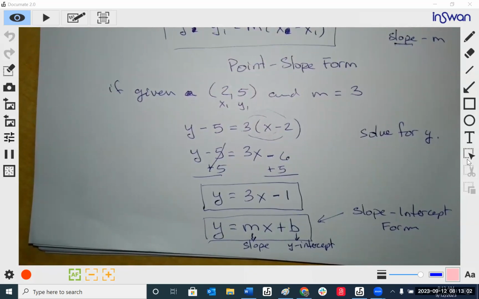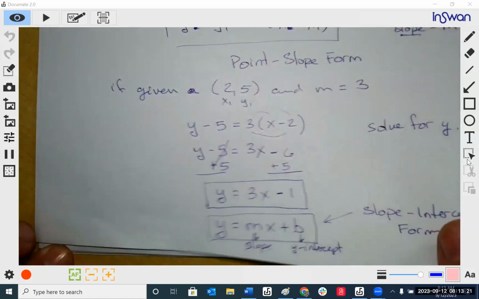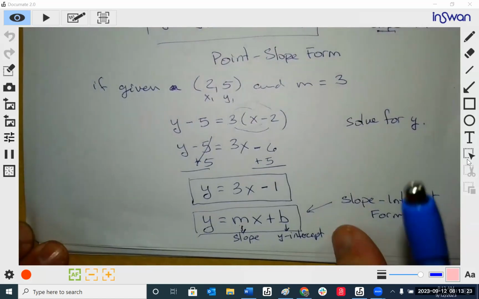And I just showed you one way of finding the slope-intercept form. Put it in the point slope form, then solve for y. That's one way. There's another way. It's kind of a shortcut. Because the only thing we're missing is we have a point and we have a slope. We just don't have b. That's what we use to solve it. Oh, so from the slope-intercept form,